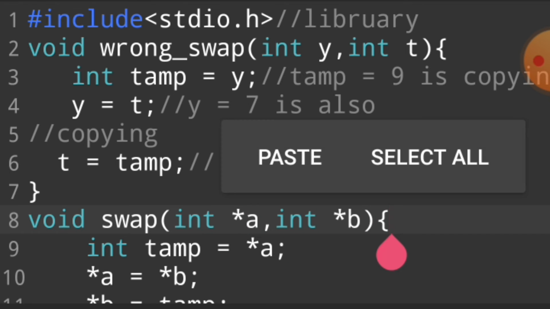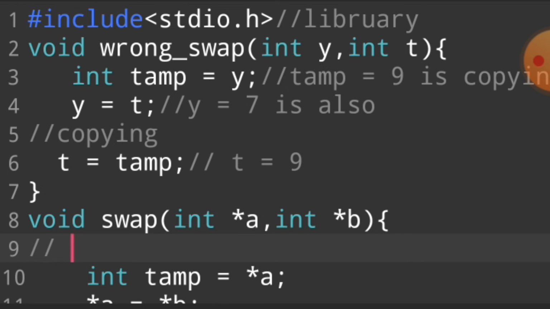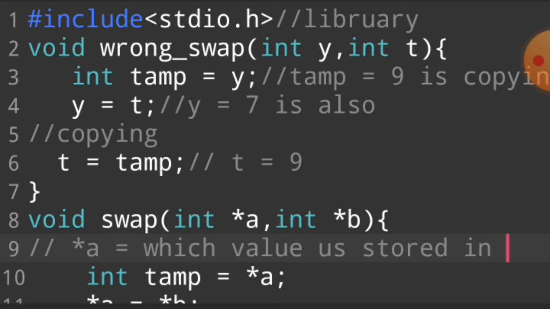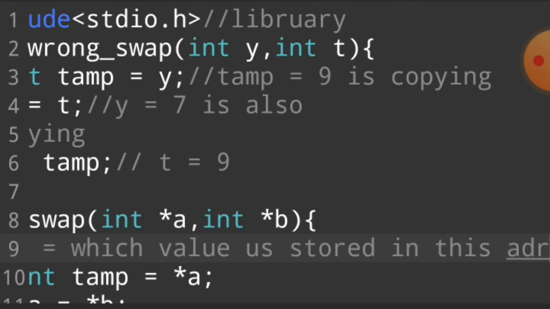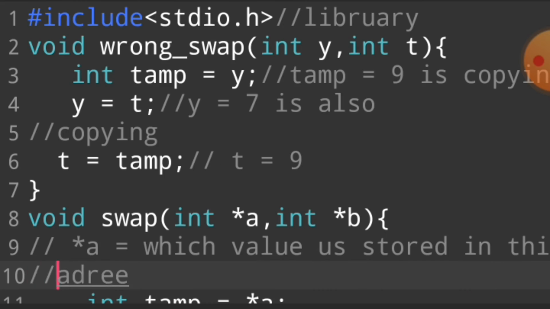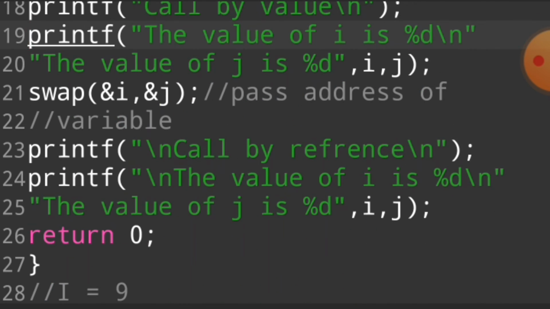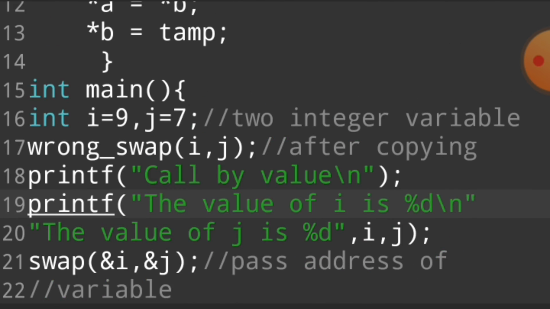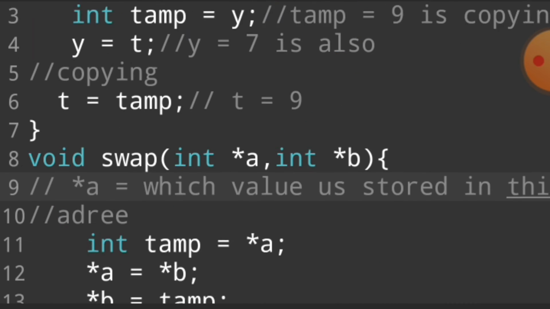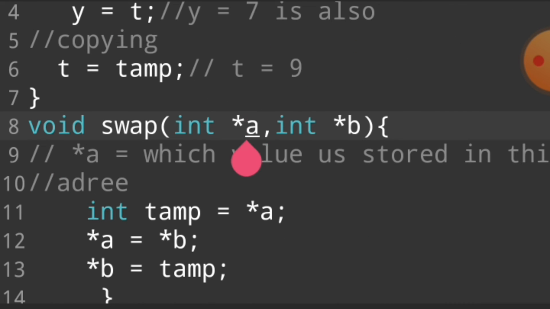With the help of this pointer, pointer a stores the address. For example, the address of i is 987, so 987 is passed into integer pointer a, and then we say in the 987 location